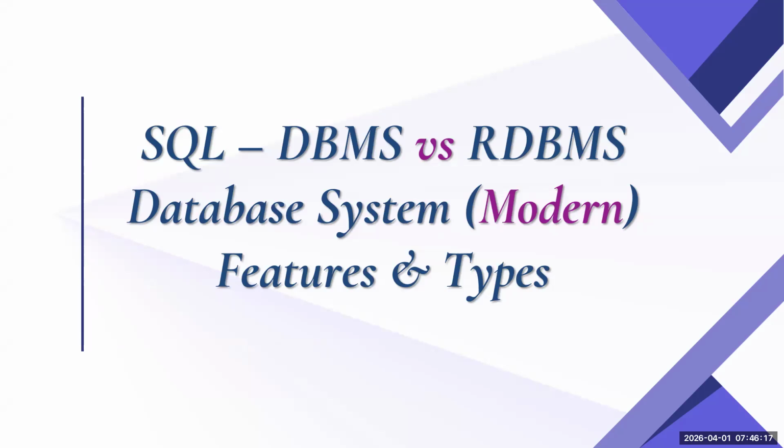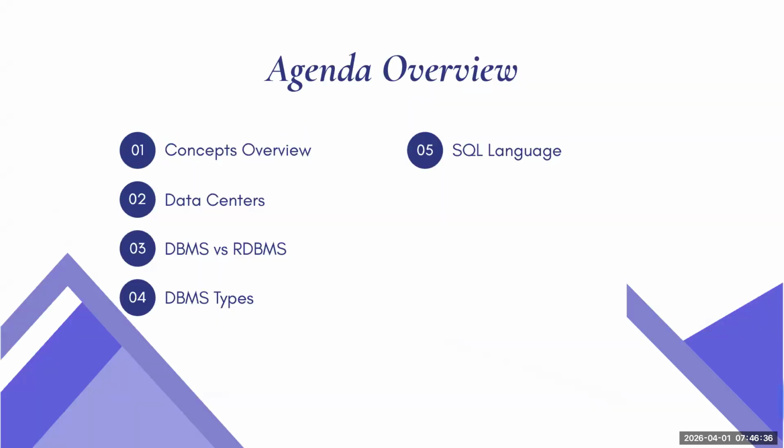So that's one of the reasons we are going to first start with what is DBMS, what is RDBMS, how many database models are available, then what is SQL. Then we'll start the SQL Server Architecture. So basically, the first thing we are discussing is DBMS versus RDBMS, DBMS types, SQL language, and concept overview. That's what we are going to discuss today as part of the agenda.